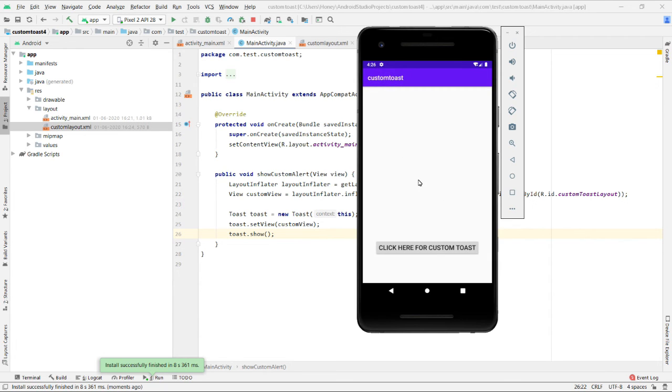So this is my app. My app is ready. When I click on this button, I'm getting a toast, see here, this is my custom toast. Actually the toast is getting overlaid. The toast is overlapping the button.